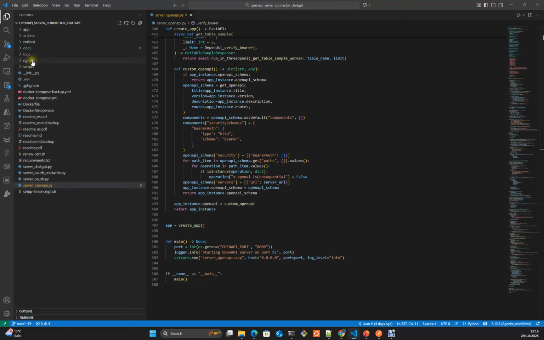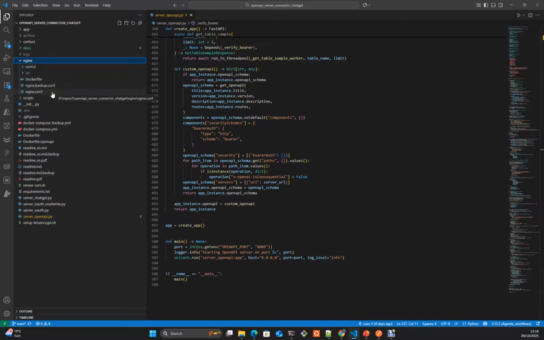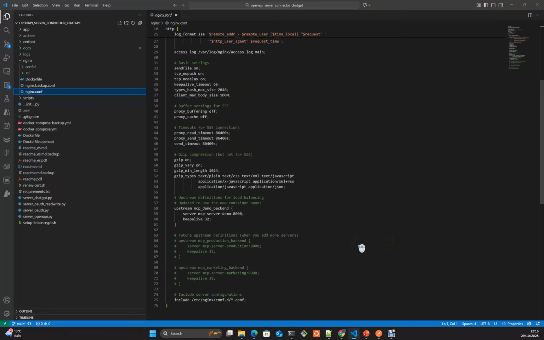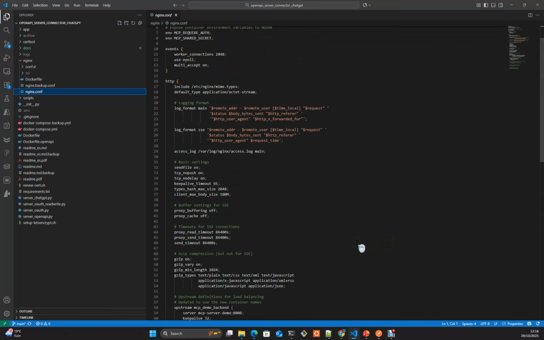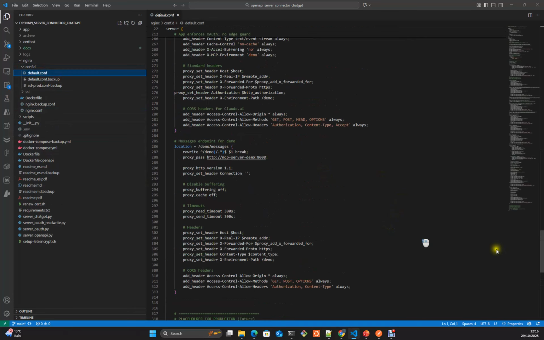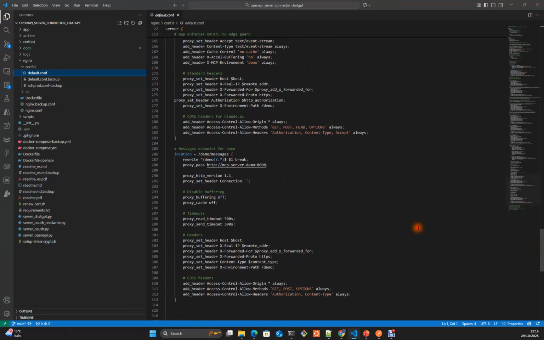Okay, so for NGINX, we don't change the configuration file. It's exactly the same that we had in previous videos. It's not changing anything here. And for the routes configuration, we have here the demo.